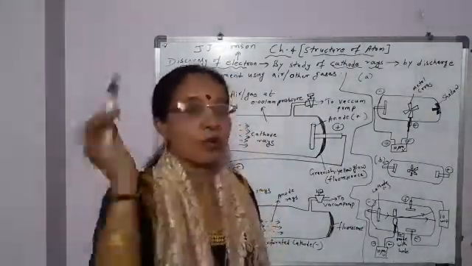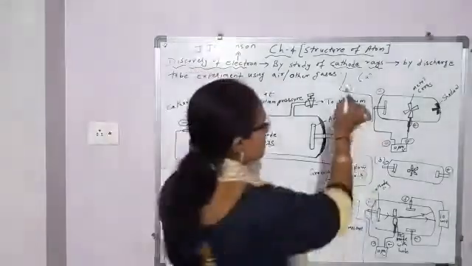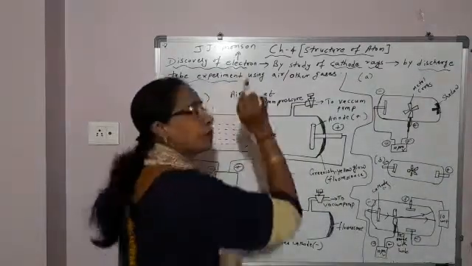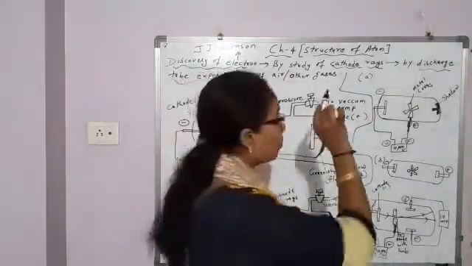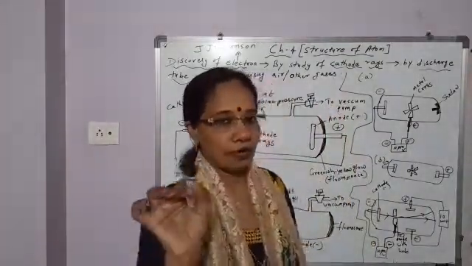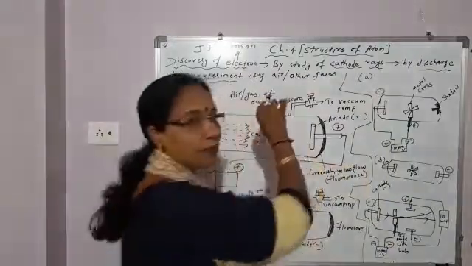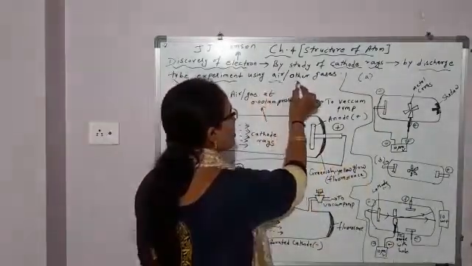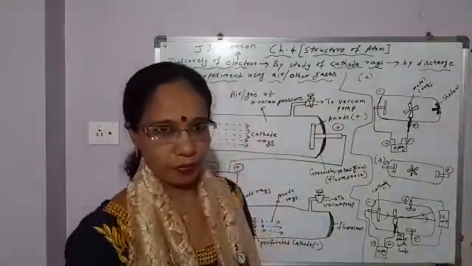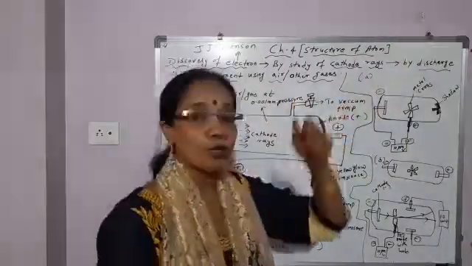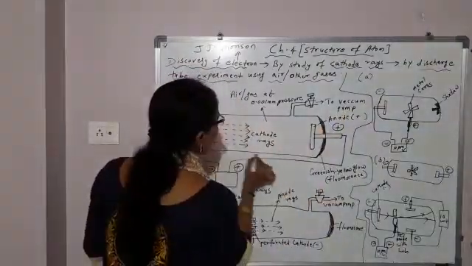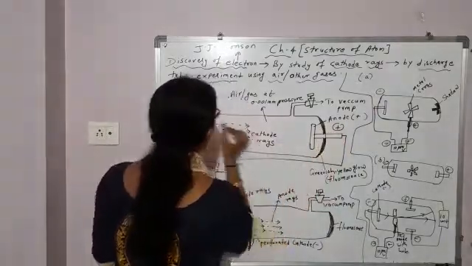And how were cathode rays discovered? They were discovered on the basis of the discharge tube experiment, using air or some other gases inside the discharge tube. So what is a discharge tube? You should know. It is a long glass tube. Can you see here? This is a long glass tube closed at both ends.